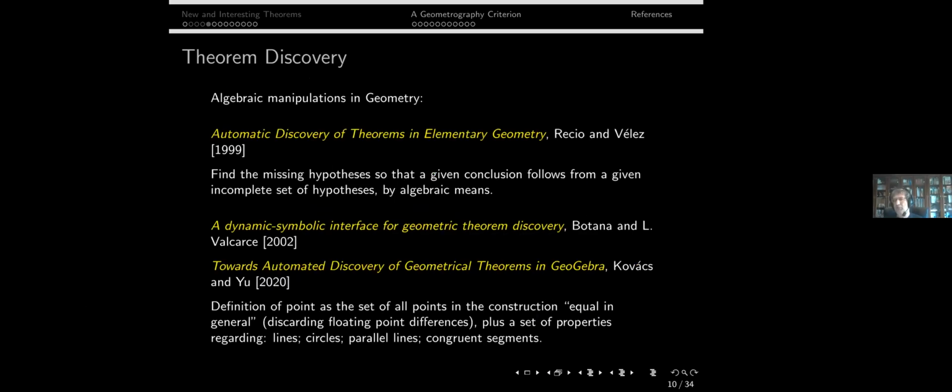there are also some approaches in geometry using algebraic methods. For instance, Thomas Récio and Vélez, automatic discovery of theorems in elementary geometry. This is about finding missing hypotheses so that a given conclusion follows for a given incomplete set of hypotheses. Here, the problem is that they do it by algebraic means, that is, translating the geometric construction to an algebraic set of equations. So the proof is a black box with a yes or no, or in this case,